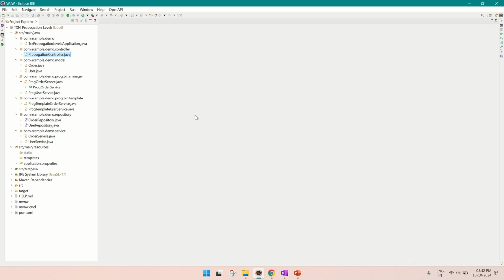Hi, welcome back. In the previous section, we have seen how to create transactions using declarative and programmatic ways, but theoretically. Means we have seen that for the programmatic way, we need to use transaction template or transaction manager, which are provided by Spring Boot APIs,